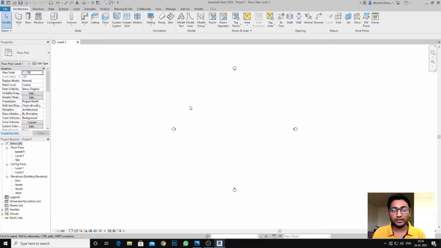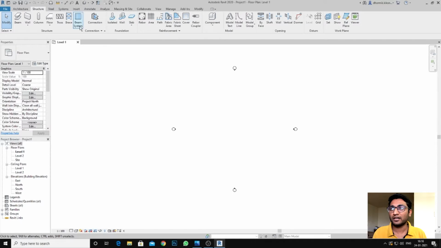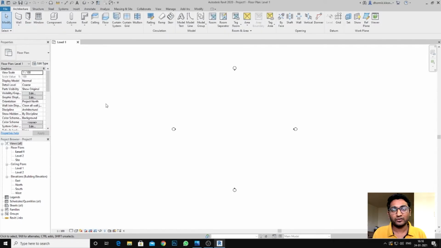So once your Revit is open, as you can see, that is the default workspace: north, south, east, west, and on the left hand corner you can see architectural, structure, steel. I will teach you these options in detail day by day or in the next tutorial. On the left side are the properties, and below the properties you get the project browser. Once you start work, you can see here the floor plan, ceiling plan, elevation. It is simple. Once you click here, you get the different views, but I will teach you that after.